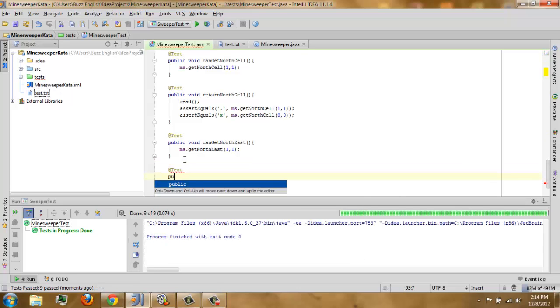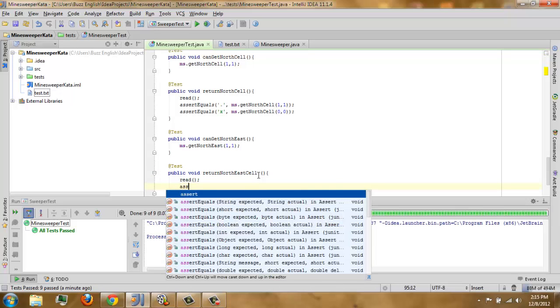So we will return a real grid for it. We have to read our input. Public void, return what? Northeast. Oh, it's just the same. So again, we'll have to read.